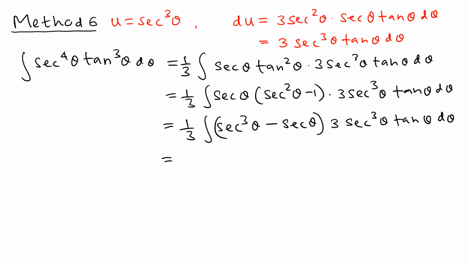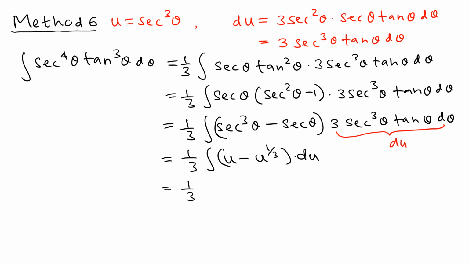And now we can substitute for this. So secant cubed means u, minus secant means u to the 1/3, and then we have this, which is simply du, because this is a du term. We can integrate this one very easily. So this is 1/3 times the integral, u squared over 2 minus u to the 4/3 divided by 4/3, plus c, and then once you multiply by 1/3 you're going to get u squared over 6 minus